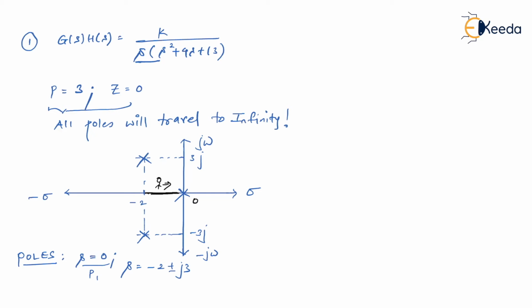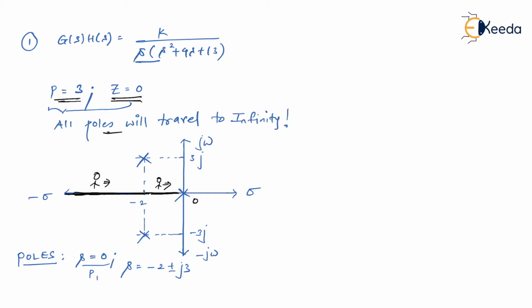And then if I'm talking about -2 to minus infinity, even in this case, there is a root locus present. Why? Because even if you observe from this side, the number of poles towards your right are 3 in number. So again, they are odd in nature. So obviously the root locus will lie on this negative real axis. And now try to determine the probable nature of the root locus that you will get. So what could be the nature? That definitely all the 3 poles have to travel to infinity, because we know the reason that there are 3 poles but there are unfortunately no zeros.